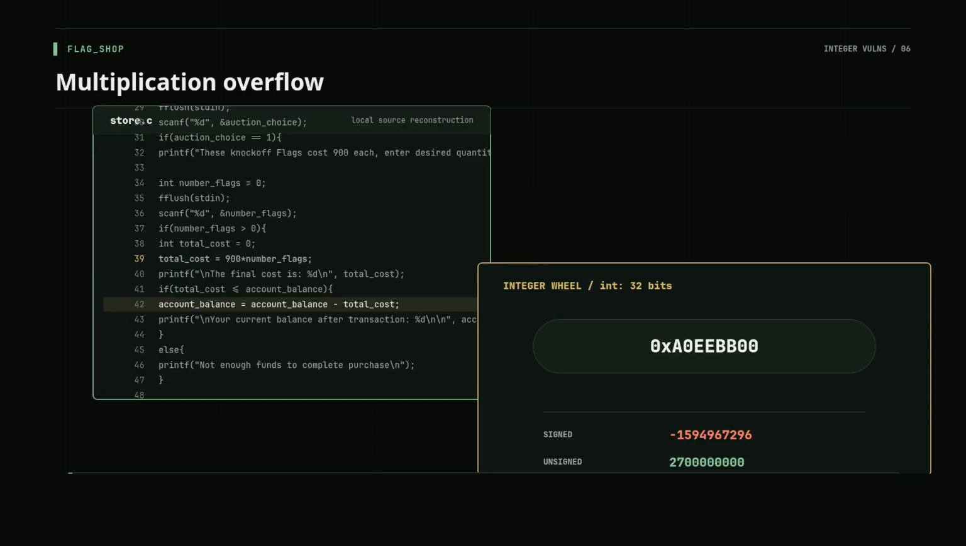The vulnerable calculation is 900 times quantity. We choose a quantity that is positive because it has to pass the check: number of flags greater than 0. But we choose it so large that 900 times quantity does not fit inside a signed 32-bit integer. For example, 3 million fake flags. Mathematically, that should cost